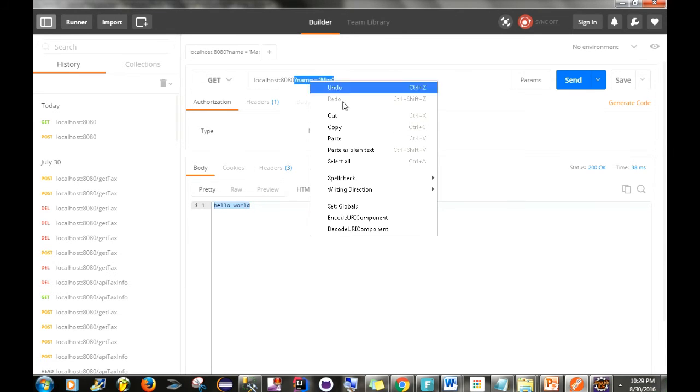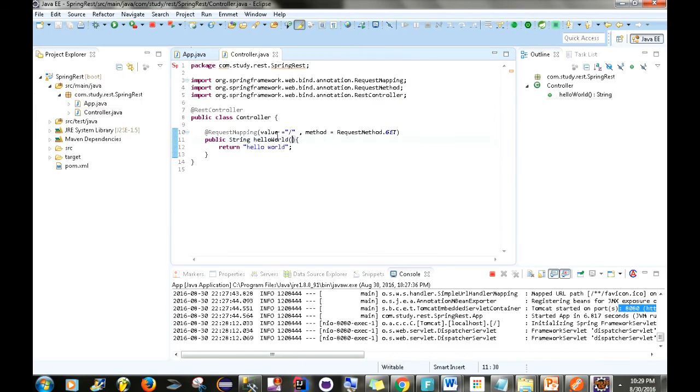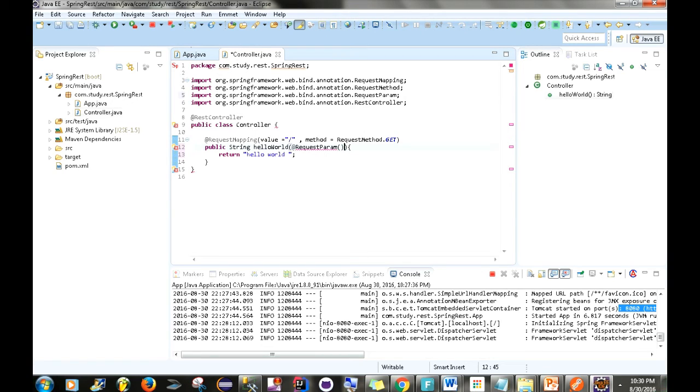Alright, so that's how we'll go about doing that. So in order to allow parameters to be added into this message here, what we're going to do is something like this. We're going to go up here and add this annotation, @RequestParam, which you can see right here. And then in this request param,